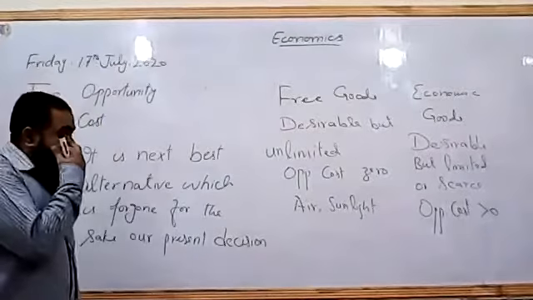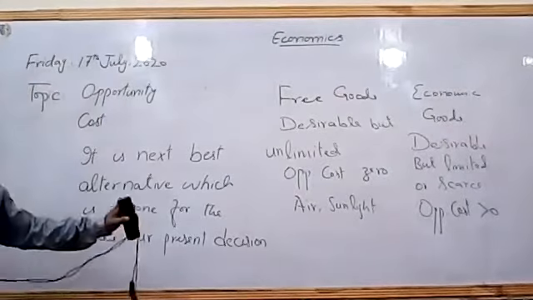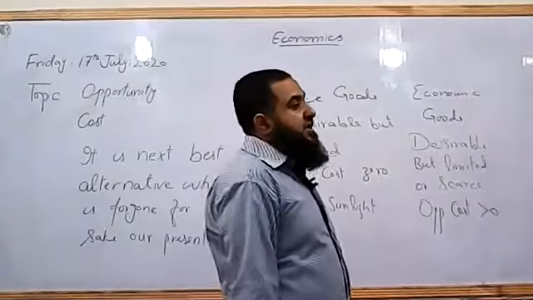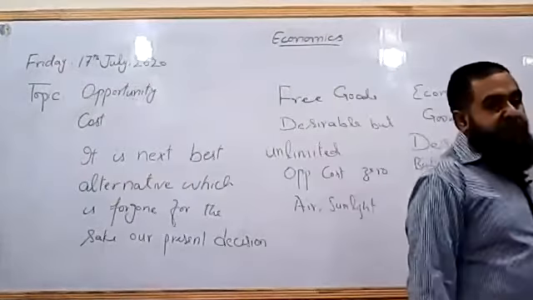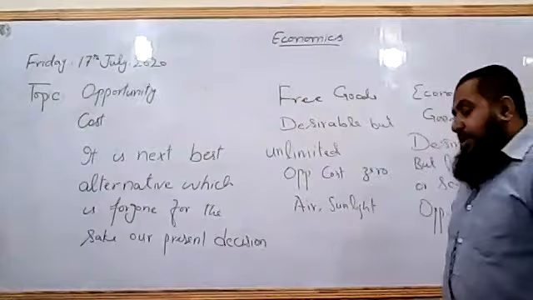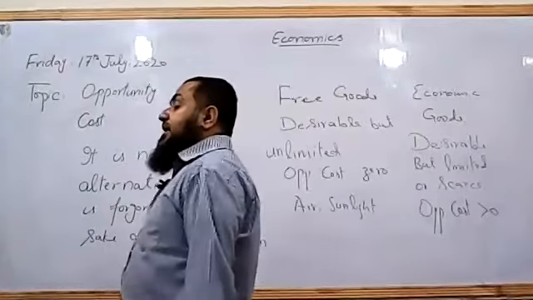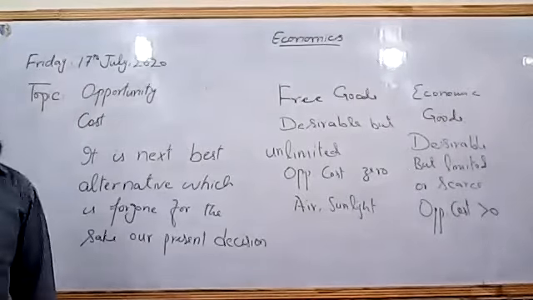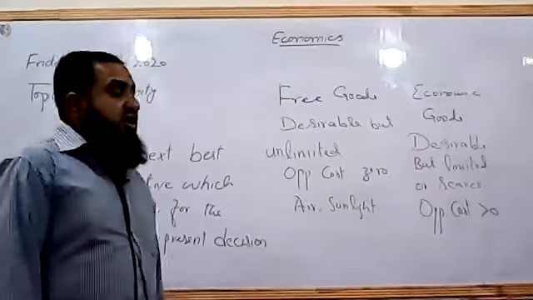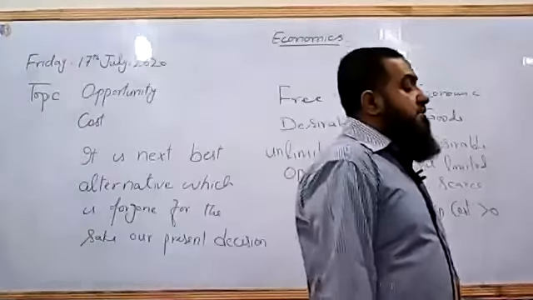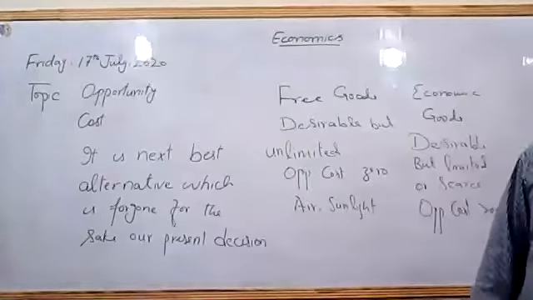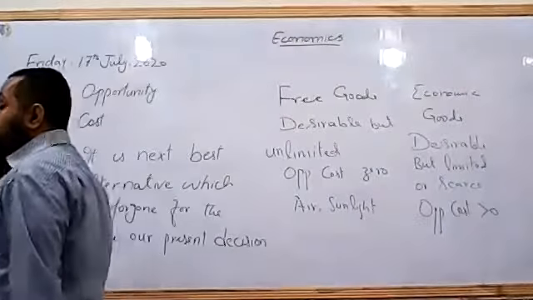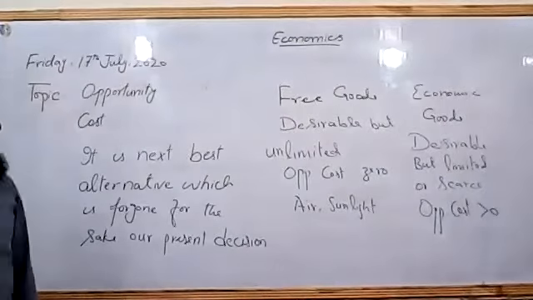So the other types of goods are the capital goods. What are those goods? They will be used by the producers in order to produce output. They are called the capital goods, which are not demanded for their own sake, but they are demanded for the sake of further production. So these goods are called what? The capital goods, or they are called the goods which are used by the producers in order to produce goods.